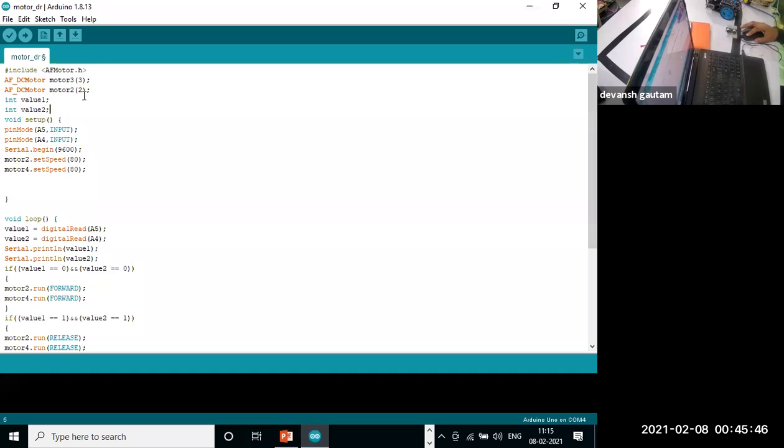You can control the speed of the motor with this object. You can control the direction of the motor with this object. So first we need to create this object. For doing things with the lunch box, you need to first make the lunch box. So we have made this lunch box. Got it? These two lines mean that we are using motor 3 and motor 2, with the help of these two names. Any doubt in the first two lines?